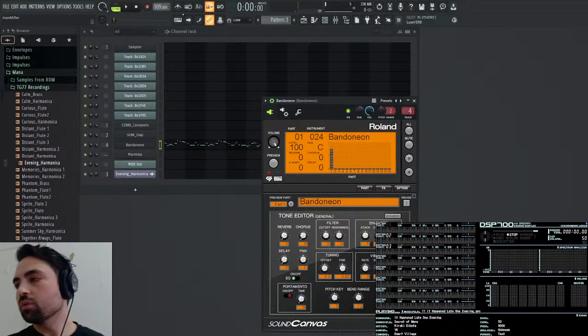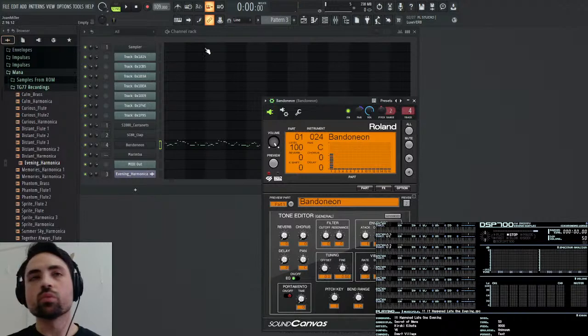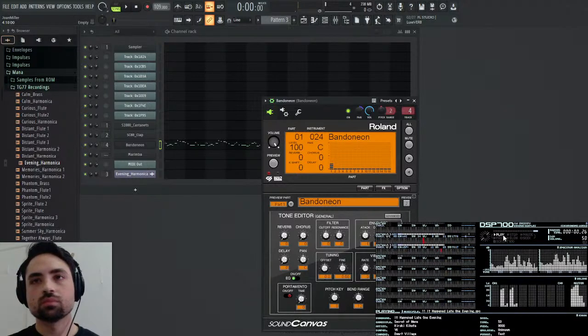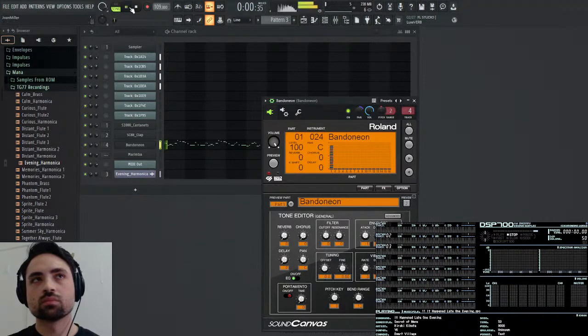I think that's good enough the way it is because that's how a real accordion would sound. It wouldn't be so sharp. Nice. So now we can move on to whatever's next.